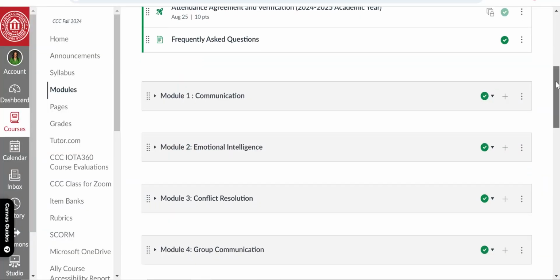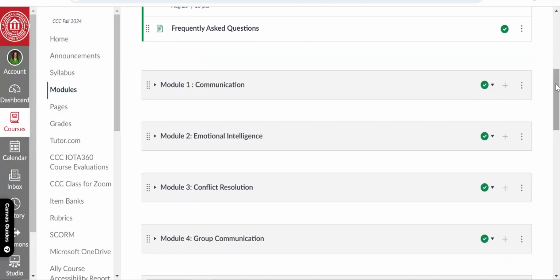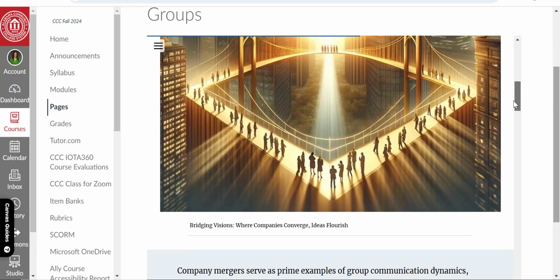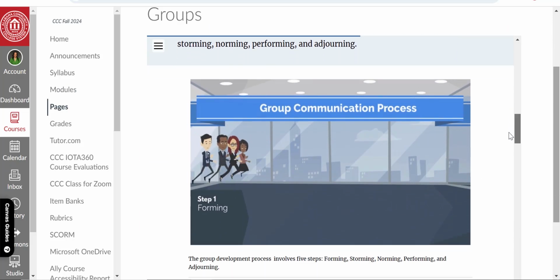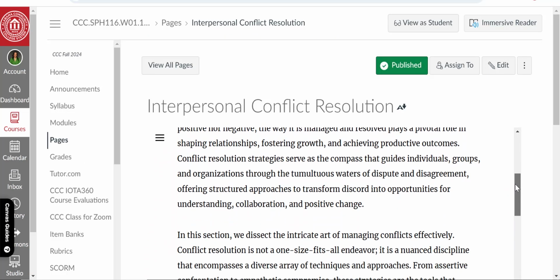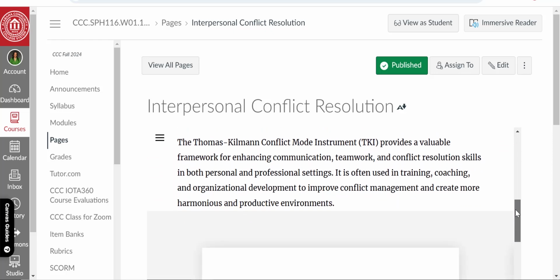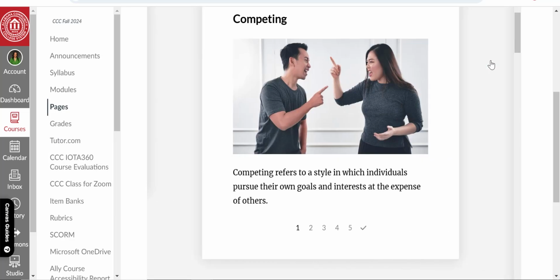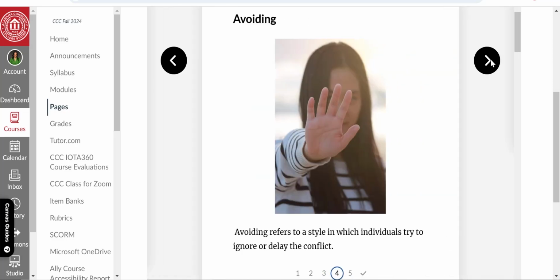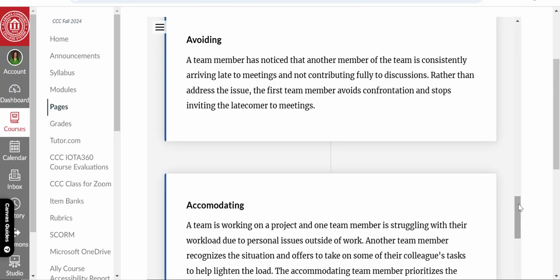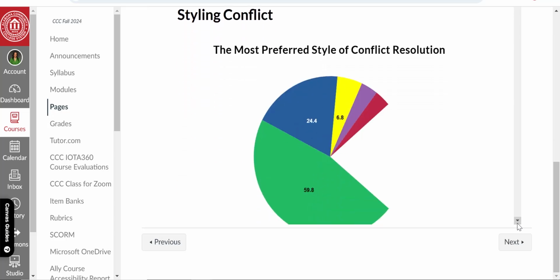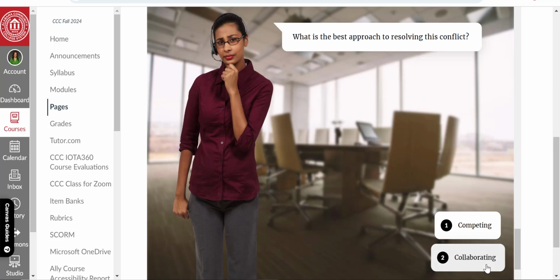Modules consist of a variety of features to engage and guide you through the learning process. Lessons created in RISE replace traditional textbooks and ebooks typically provided by third-party publishers. These interactive lessons are customized specifically for this course to keep you engaged. A typical lesson might include a slide deck to introduce key concepts such as interpersonal conflict, a timeline to recall important facts, plus dynamic graphics just like this one, and even scenarios to help you apply what you've learned in